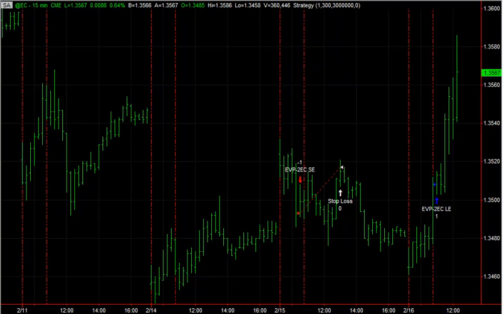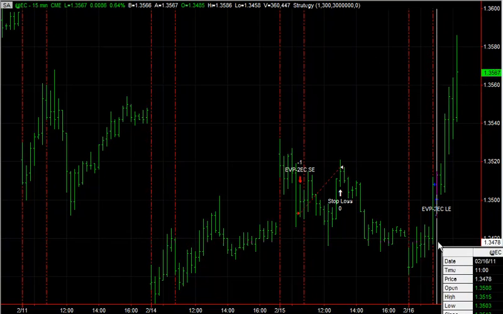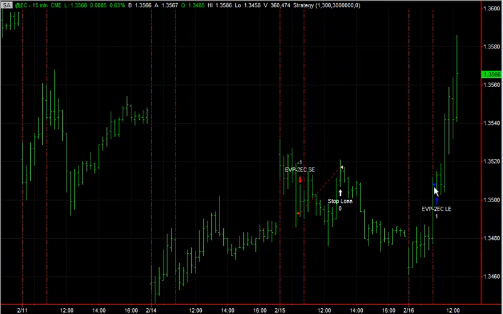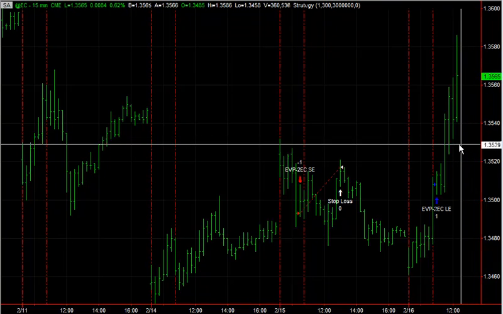Here we are taking a look at EVP2 on the euro currency. This is one of the strategies in the low frequency portfolio. You can see it was in today at 135.08. Good entry, good momentum breakout today. We've made as high as